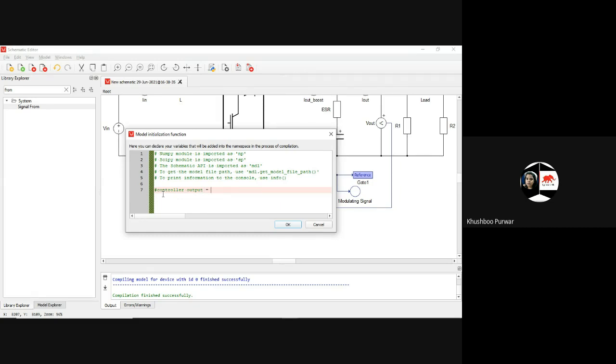So it is doing 1 by integral, I just put it in brackets, and it will be multiplied with the integrator of error.